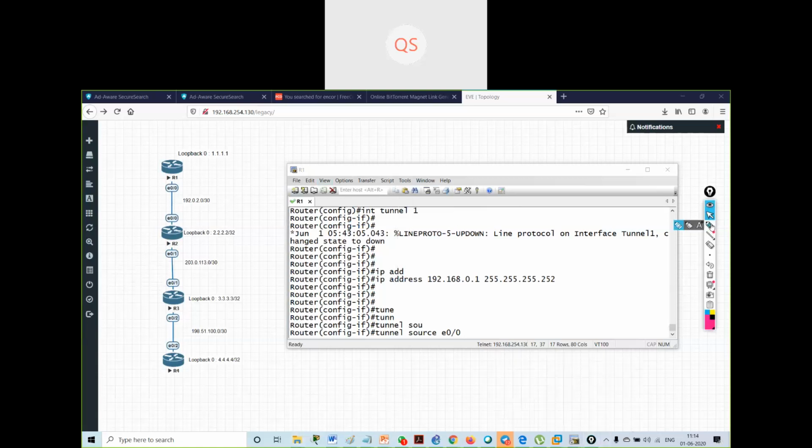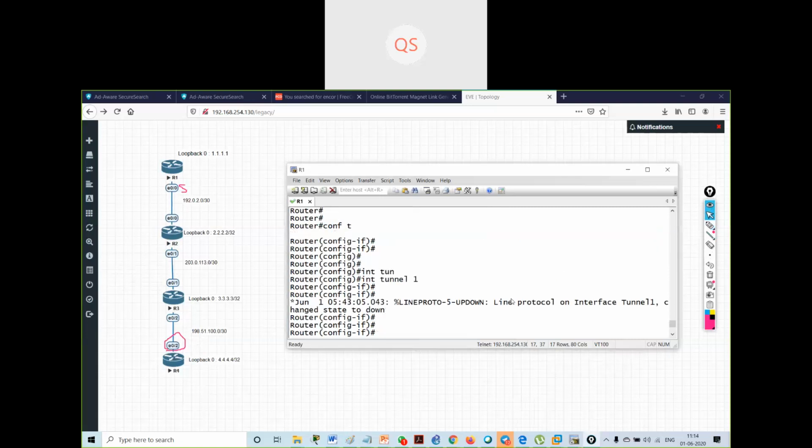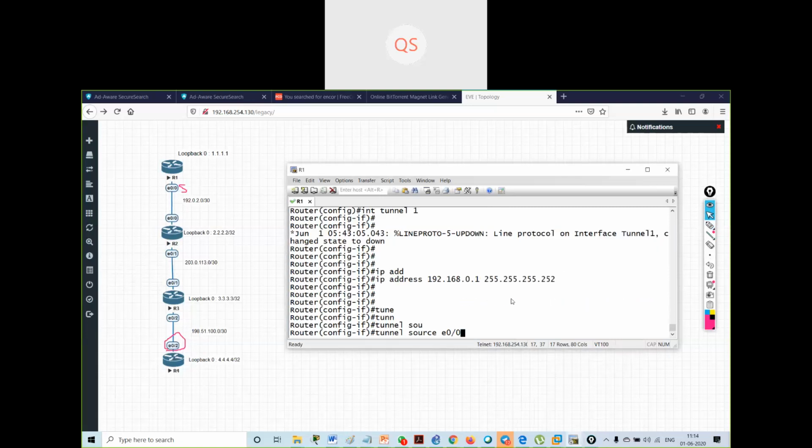So on router 1, this is my source, Ethernet 0/0, and the address configured over here on Ethernet 0/2 will be my destination.